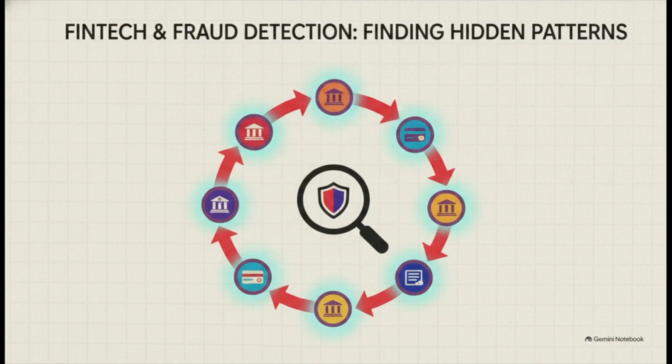To prove this isn't just academic theory, look at the financial sector. Fintech companies are aggressively racing toward graph engineering to solve massive real-world problems like fraud detection and anti-money laundering. Traditional databases really struggle to see complex rings of fraudulent transactions because all the data is stored in isolated tables. But a graph database? It instantly reveals the hidden connections, showing exactly how money is bouncing from one account to another in a suspicious pattern.